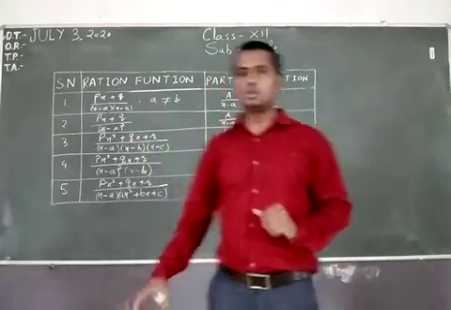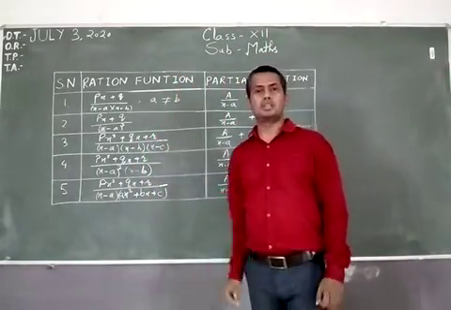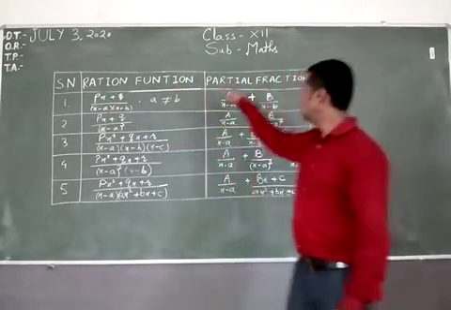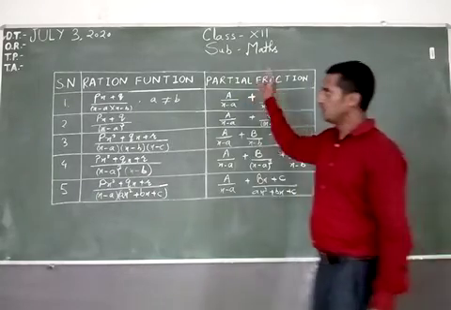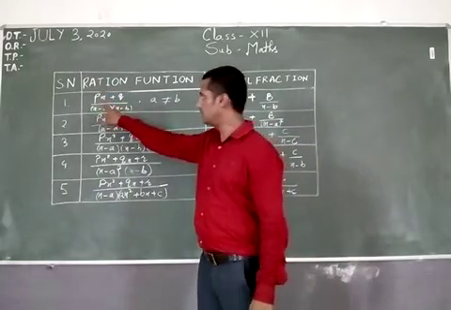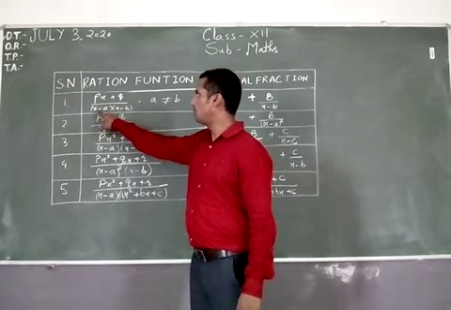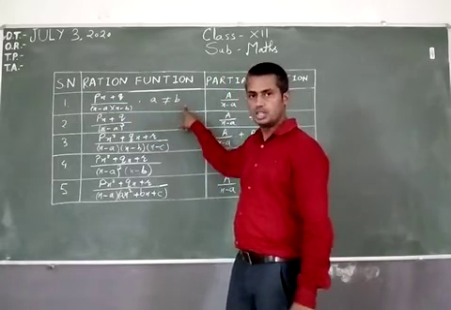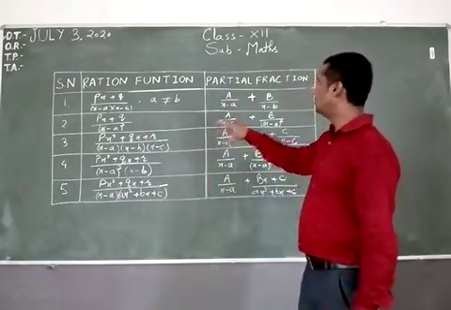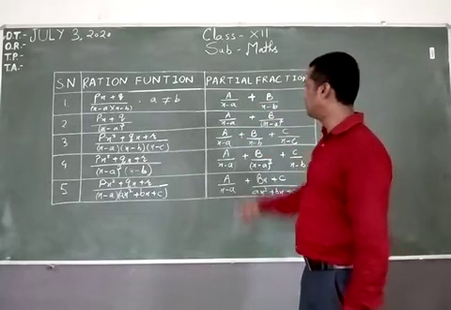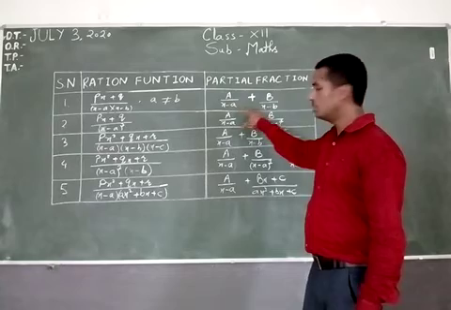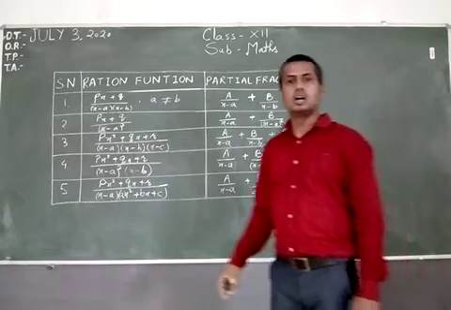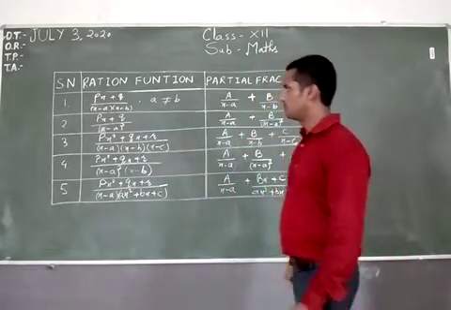Good morning. Today we will discuss integration by partial fraction. We have the form of rational function and the form of partial fraction. Suppose that the rational function form is (px + q) upon (x - a)(x - b), where a is not equal to b. We can change the form into partial fraction form: A upon (x - a) plus B upon (x - b), where capital A and capital B are arbitrary constants.